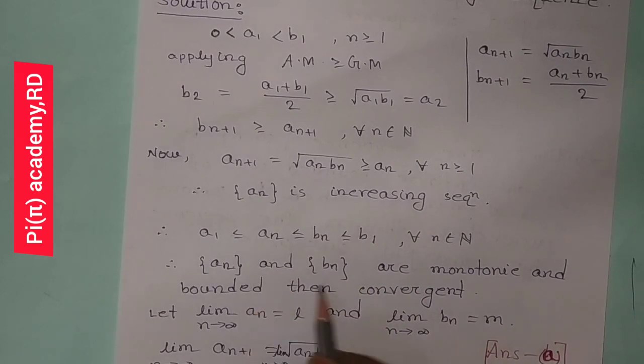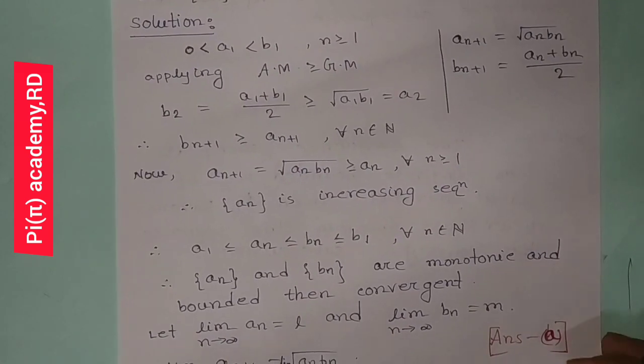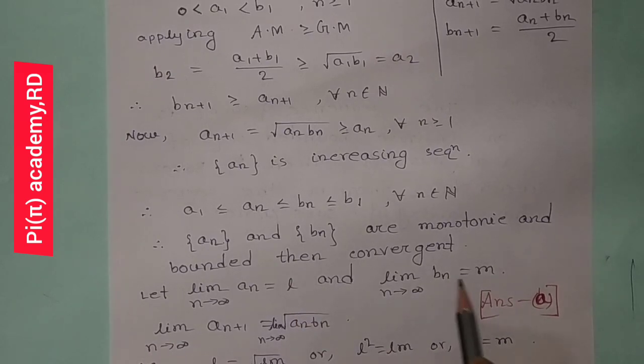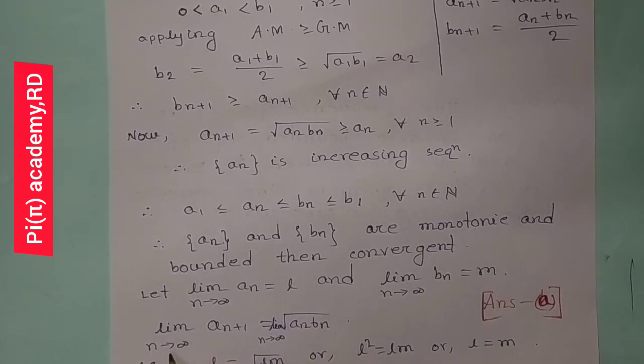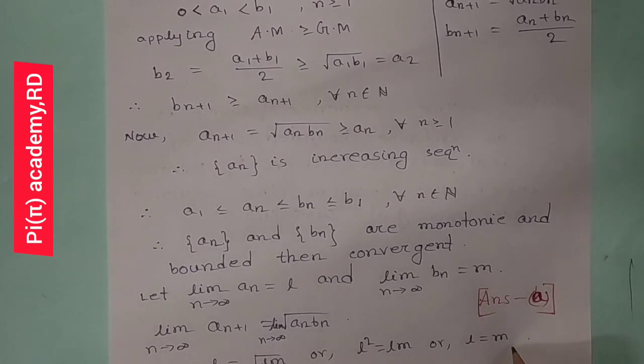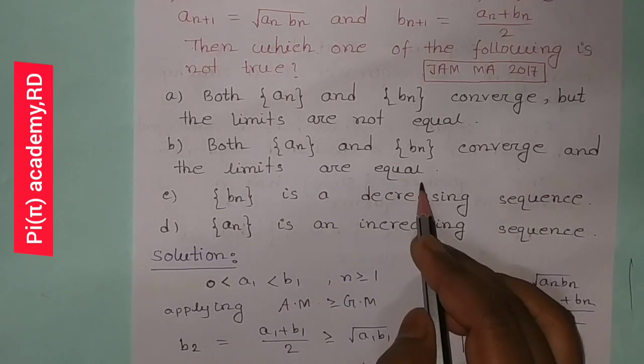Since the sequences a n and b n are monotone and bounded, they are convergent. Let limit of a n equal to l and limit of b n equal to m. Now by the given condition, limit n tends to infinity of a n plus 1 equals limit n tends to infinity of root over a n into b n. Here the limit equals l and root over l into m. This gives l square equals l m, or l equals m. Therefore the sequences a n and b n both converge and the limits are equal. Hence option B, both a n and b n converge and the limits are equal,